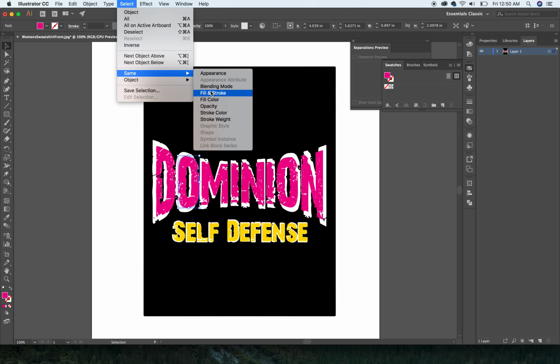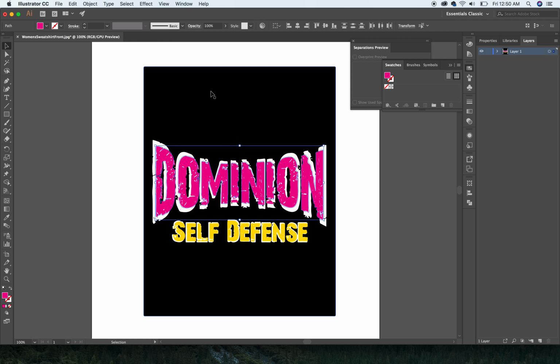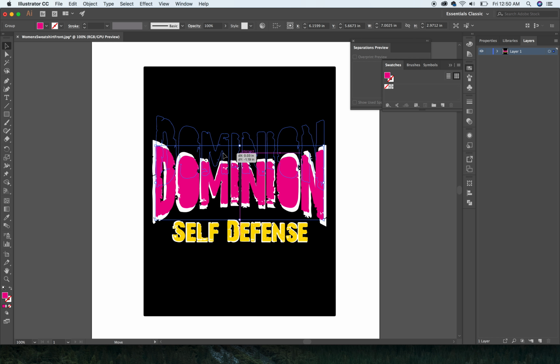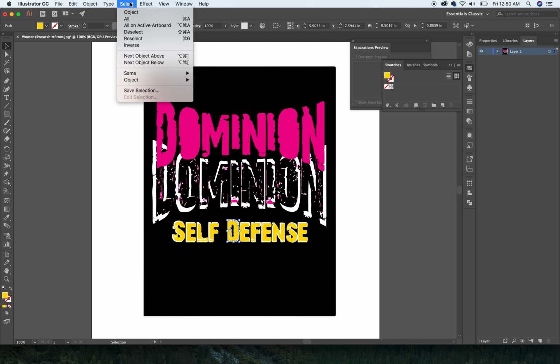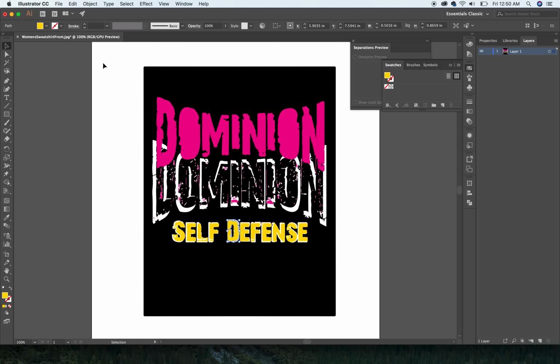We're gonna select the same fill and stroke. Okay, it grabbed across there. I'm gonna group it. It closes the O's up. That's something we could fix. But let's see what it's all made up of. This is definitely problematic. Actually, now that I'm seeing this, a good idea might be to grab all of this